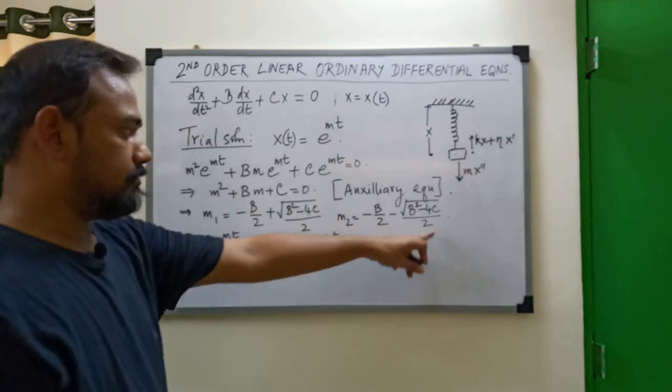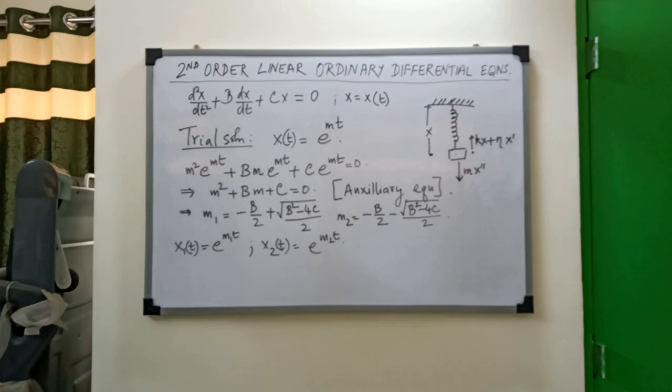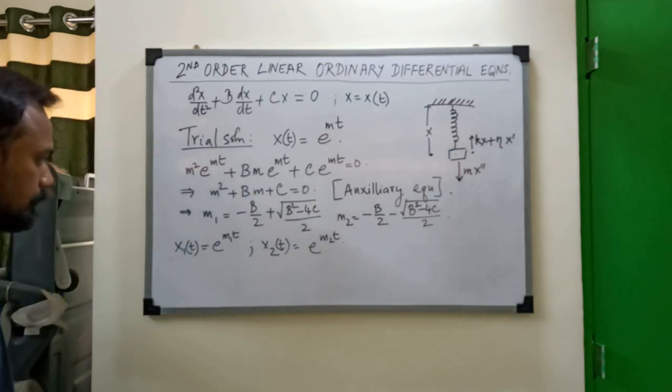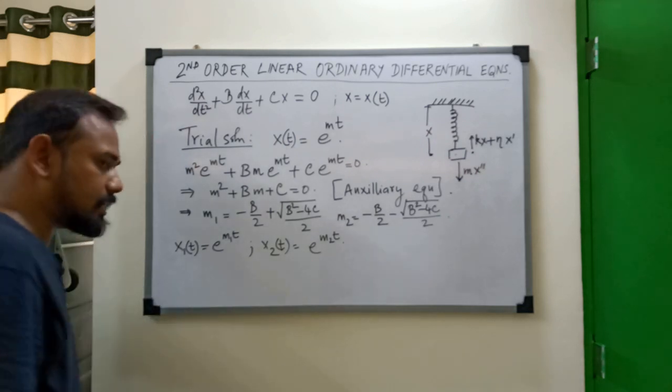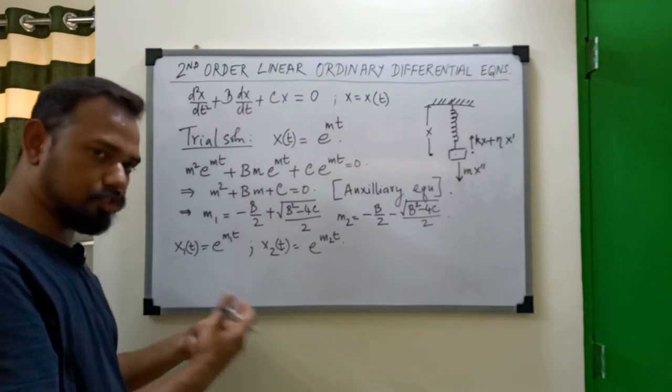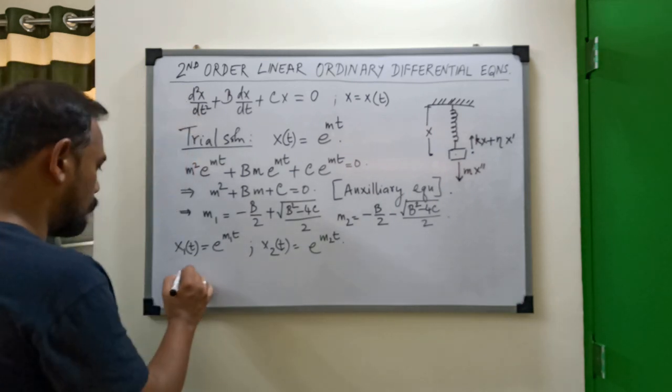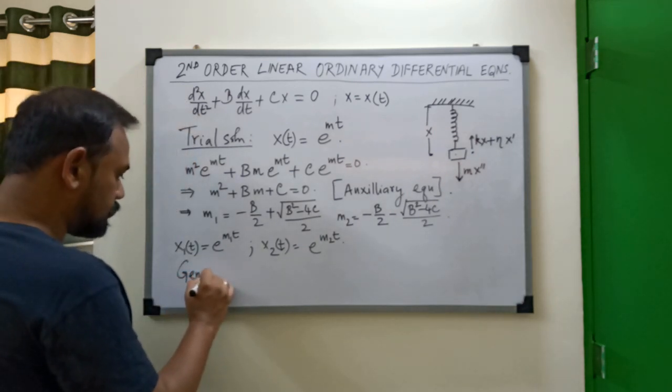Well, m2 is given by, if you calculate, whatever it comes to. So the question is, what therefore is the solution? Well, they're both solutions, so we'll just have to combine the two solutions in a manner which again would be the linear combination. So what we call the general solution